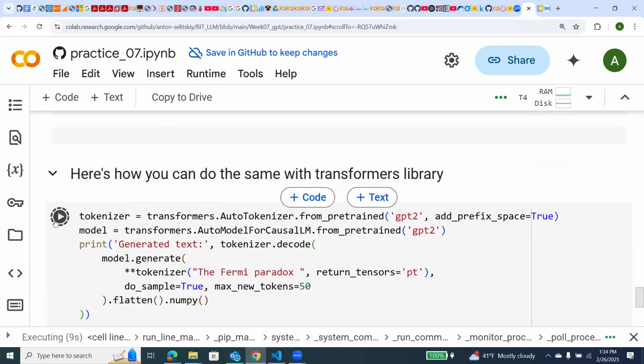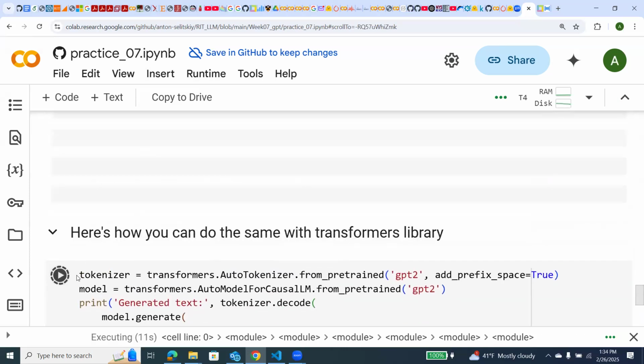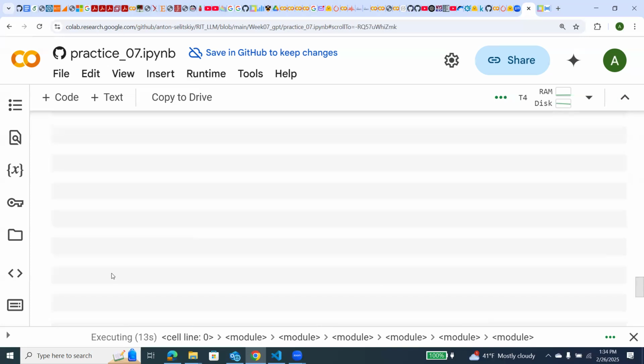Oh, I don't want to run the last one. Okay, so